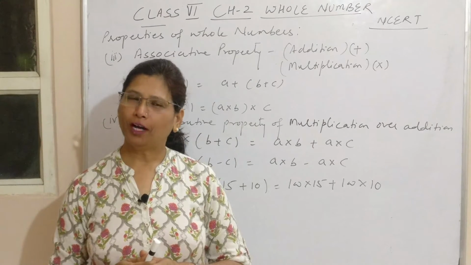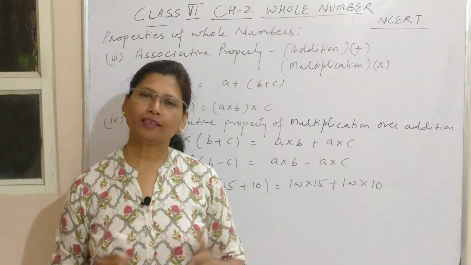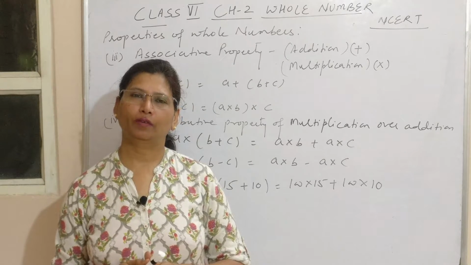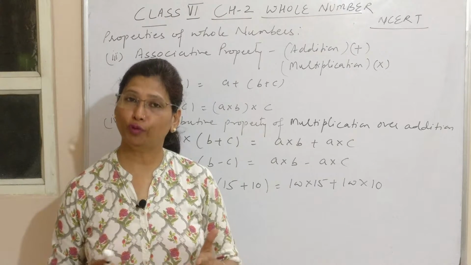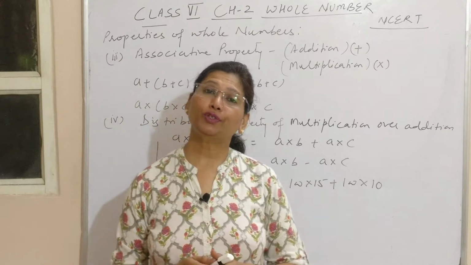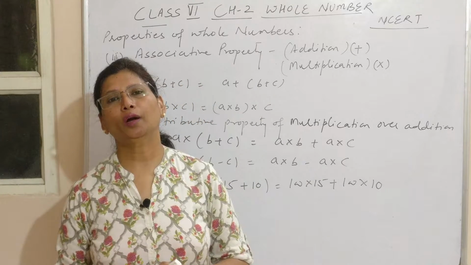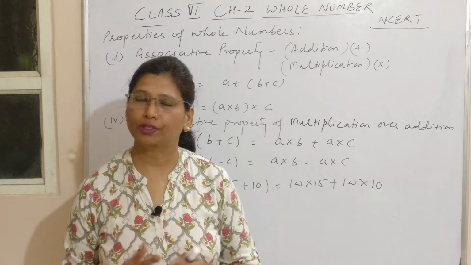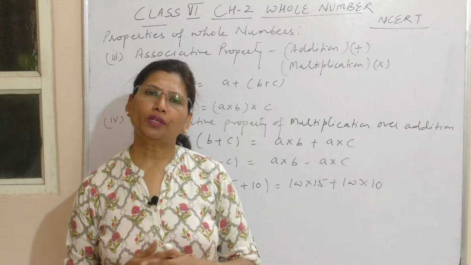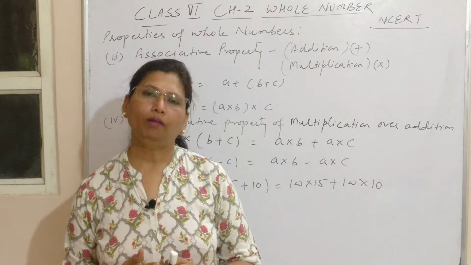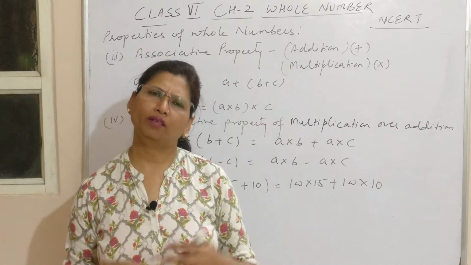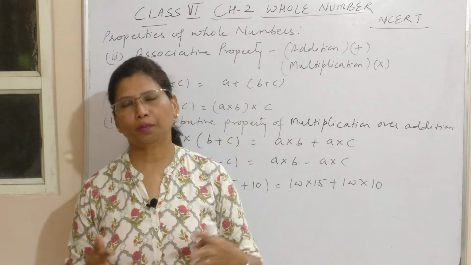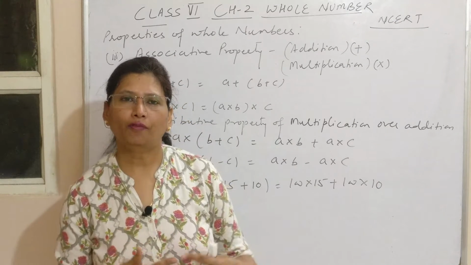So here I have come with the video for class 6 and the topic is whole numbers. We have already started this topic and as of now I am taking the properties of whole numbers. Two properties of whole numbers, that is closure and commutative property, I have already discussed. And the other two properties, which are the main properties as well, associative and distributive property, I am going to take now, and in continuation with additive identity and multiplicative identity, we'll take it after this.